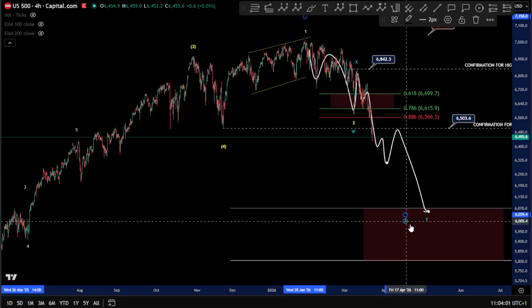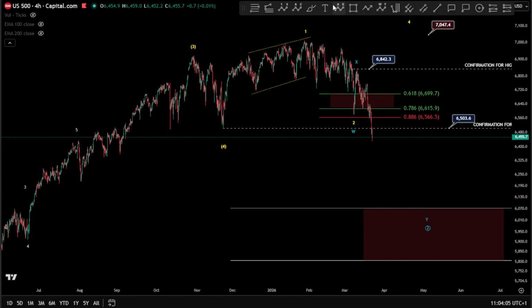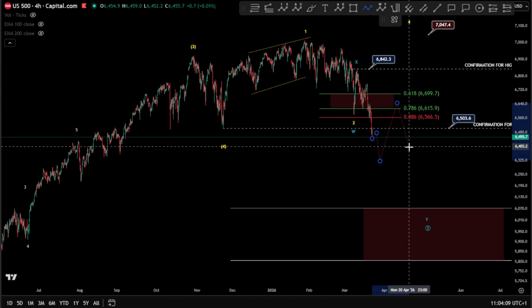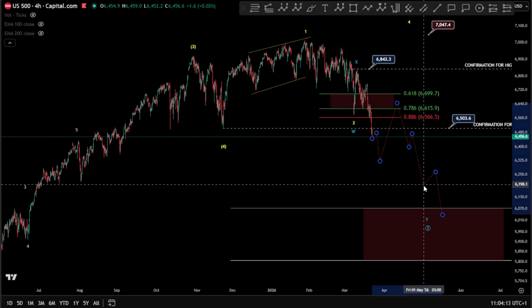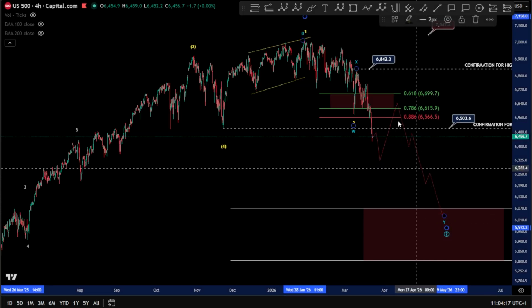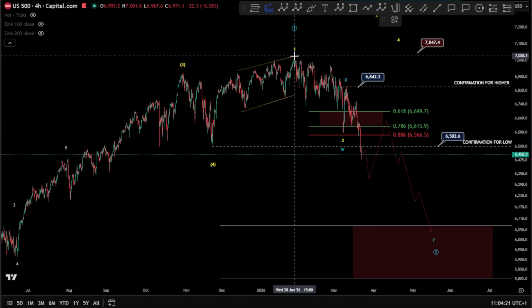So I'm looking here for a deep, sharp, and aggressive zigzag for a wave Y, that it might be unfolding something very complex here. 1, 2, 3, 4, and a 5. Somehow like that, guys. Okay, this is what I'm looking for here. And this might be a very deep wave Y,